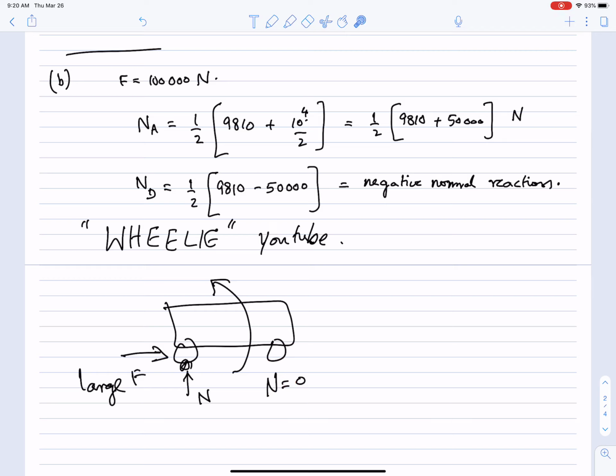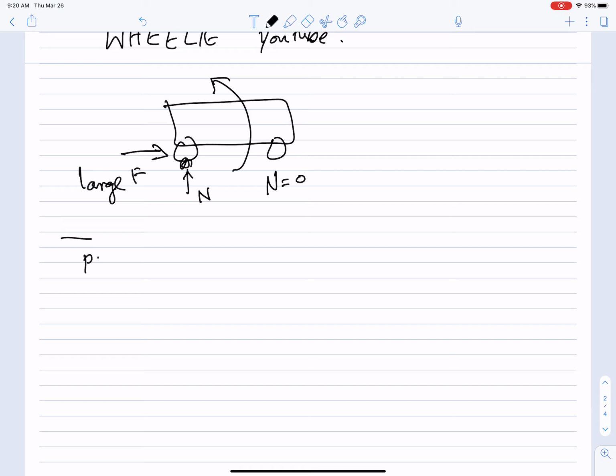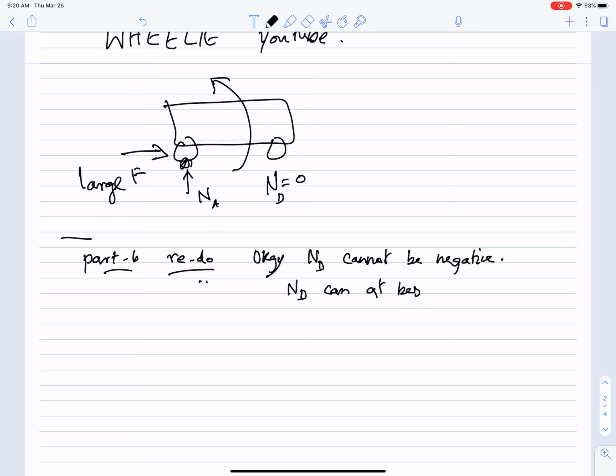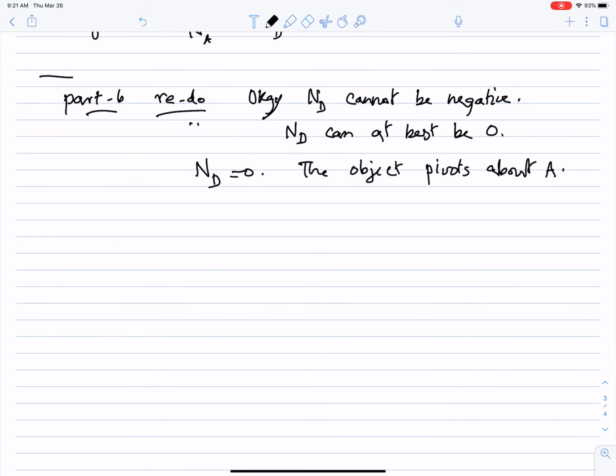Okay, so if you actually wanted to solve for what happens when F equals 100,000 newtons, what you would do is part B, redo. Okay, this is NA, ND. ND cannot be negative. ND can at best be 0. So we basically set ND equals 0, and then we say the object pivots about A, and then we can still do